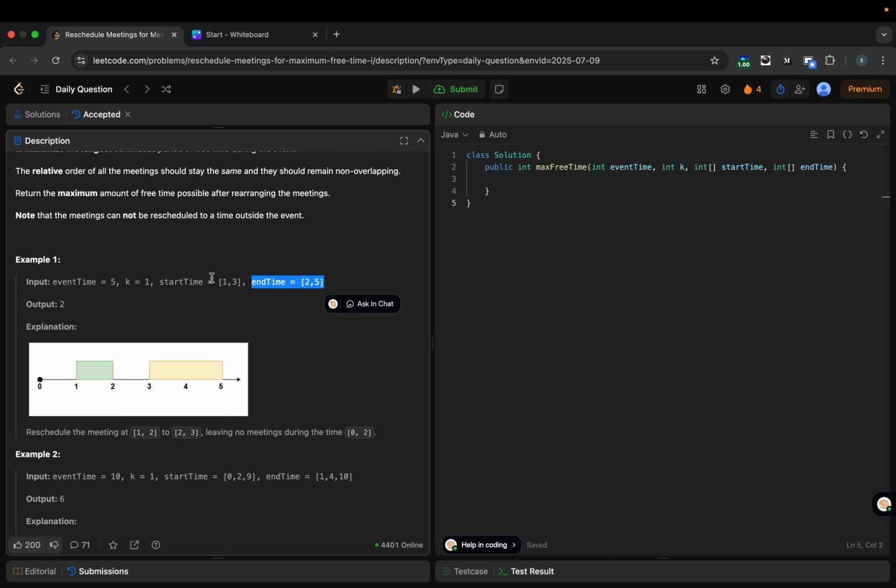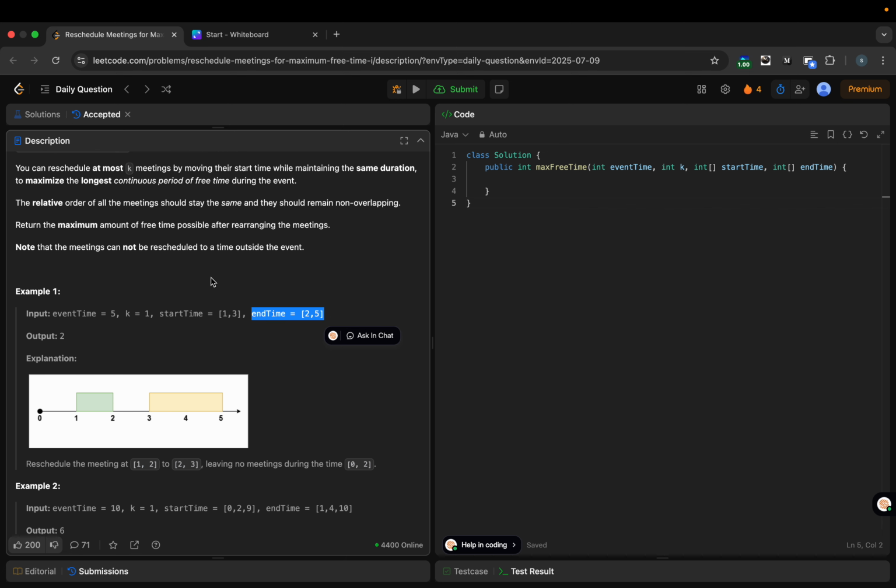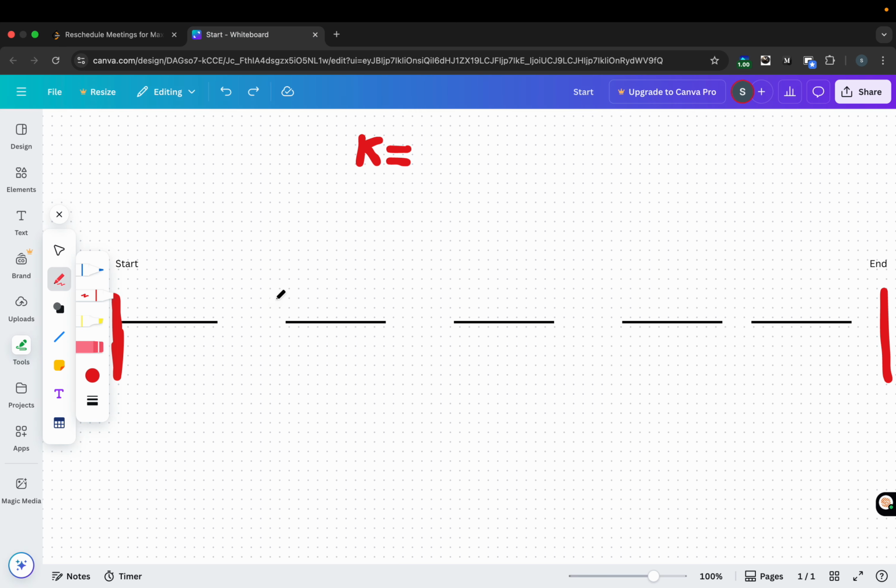So the problem statement is that we are also given an integer k. K denotes the maximum number of events which we can reschedule, maintaining the order of the events, and we want to maximize the consecutive free time that we are getting in between the events. So if I go to the whiteboard, consider this as our start and this as end, and